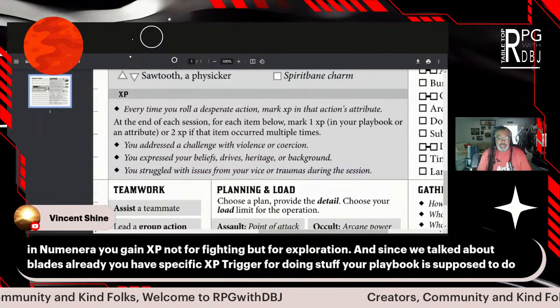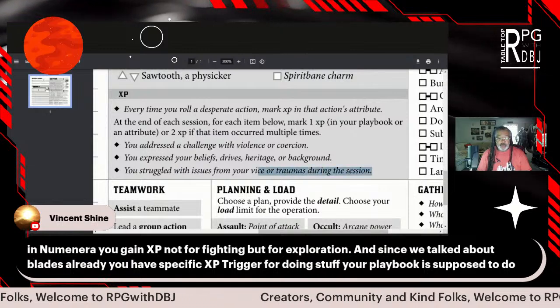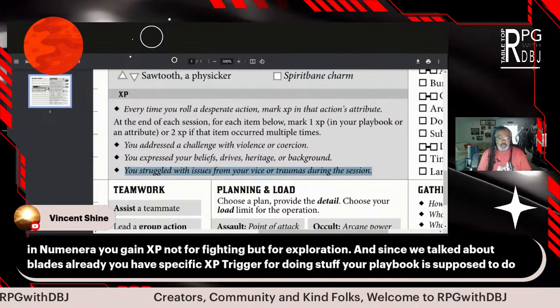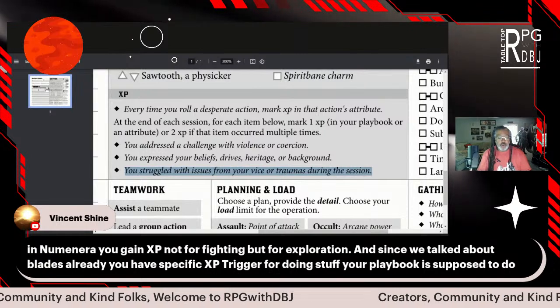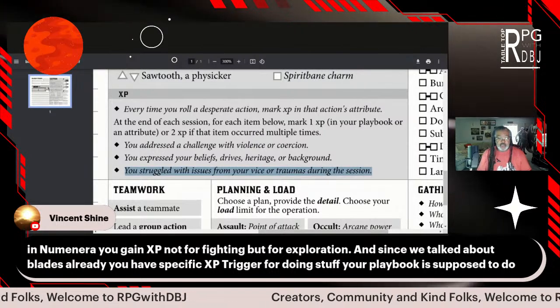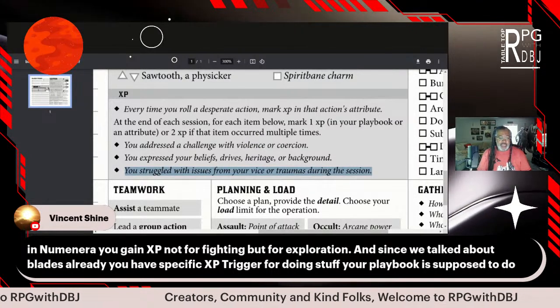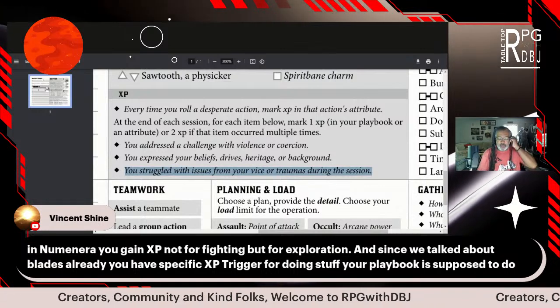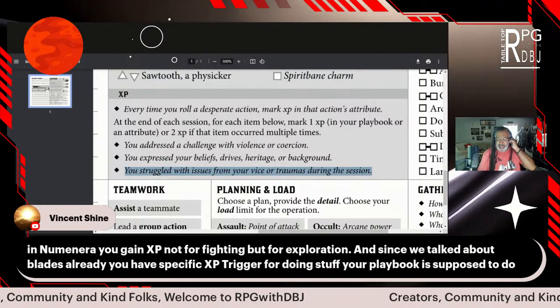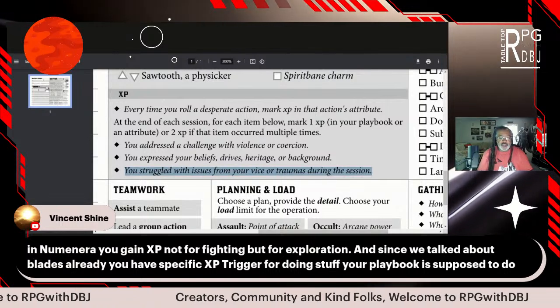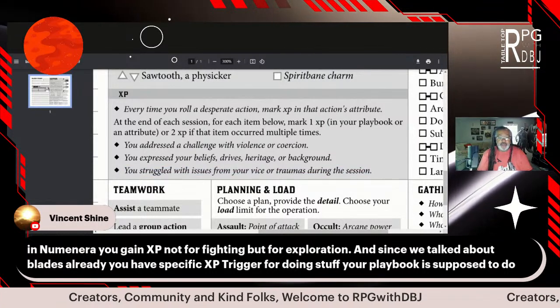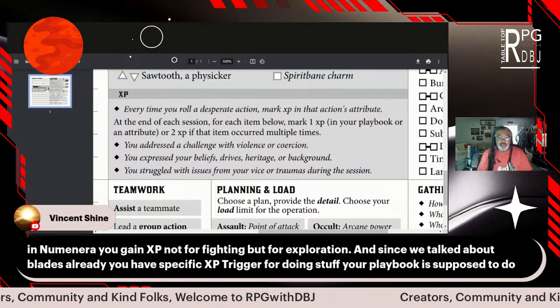And none of this is mechanical. The only mechanical feature here is you gain experience points, but you don't have to have a numerical drawback to this. You could just say, before entering the blast doors, I hesitate a little bit because I remember this from my past when my original Black Ops group was gunned down or something like that. And that just adds a little bit more depth into the game. So that is an example.